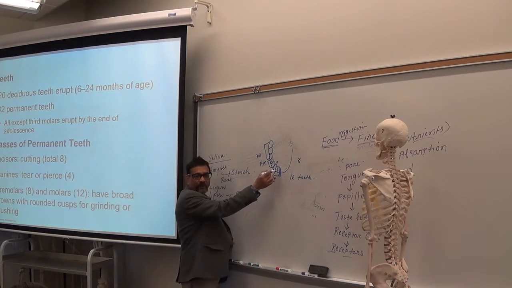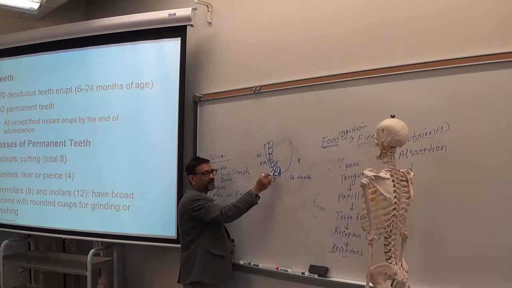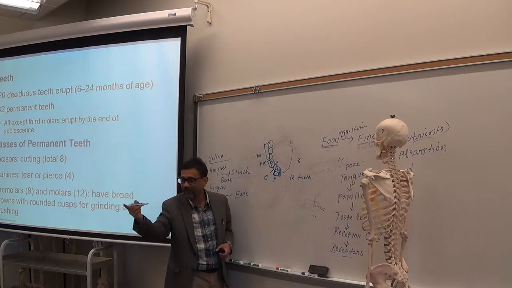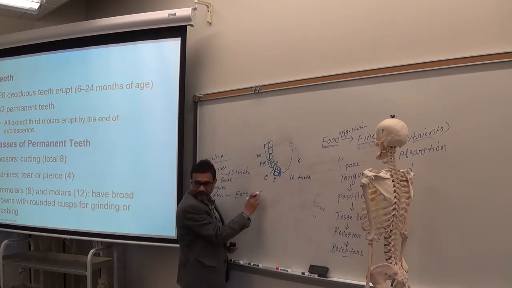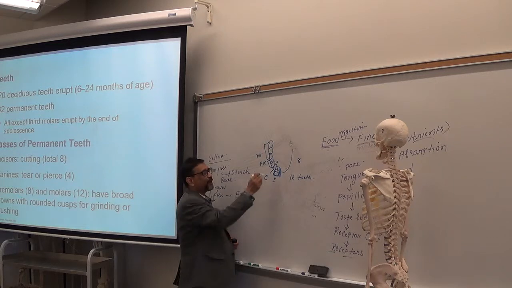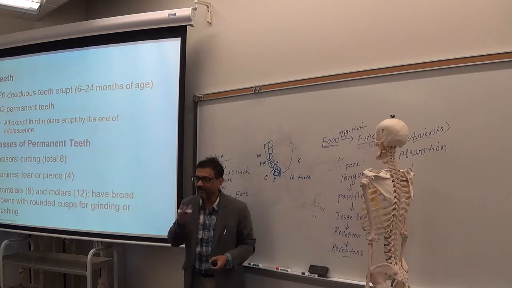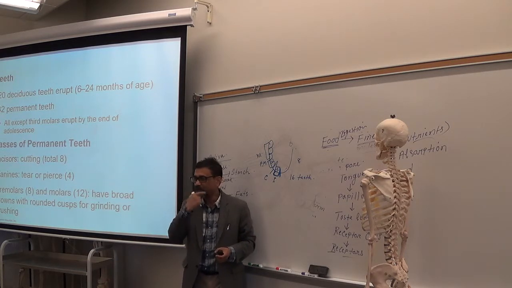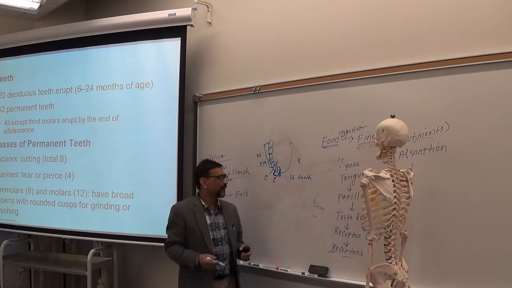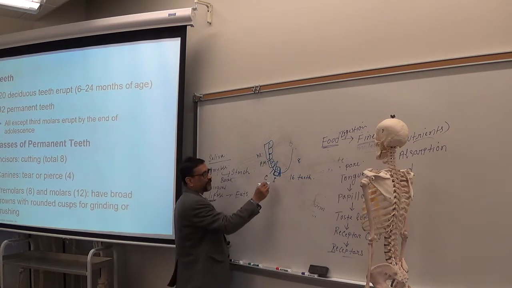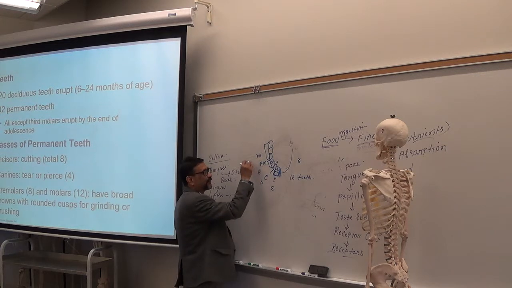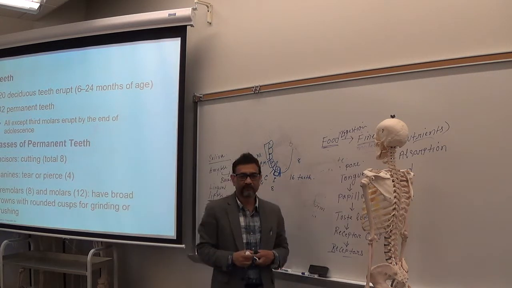Now this is one quarter, right? 8, a quarter of 32. So in one quarter you have how many incisors? 2, right? So total how many incisors do you have? You multiply by 4, right? 2, 2, 2, 2. Makes sense? 8. How many canines do you have? 4. In one quarter you have 1. So 1, 1, 1, 1, 4, right? So that's how you get 32. So 8, 4, 8, 12.